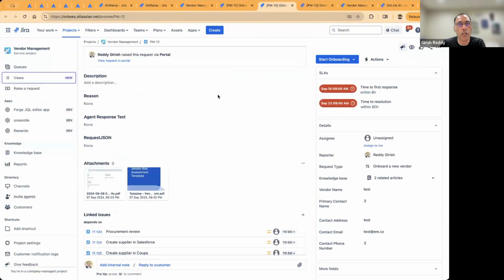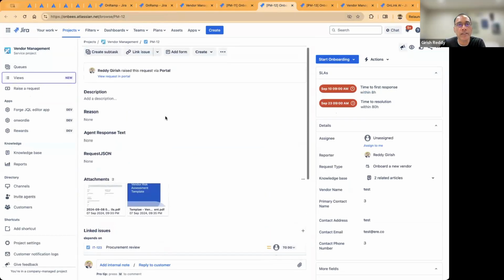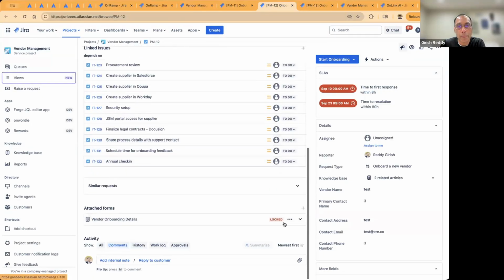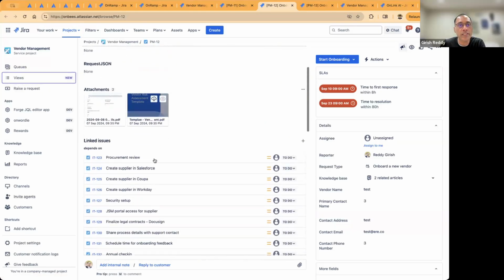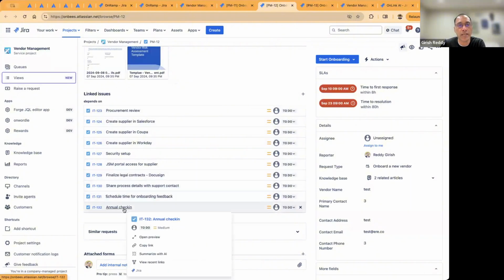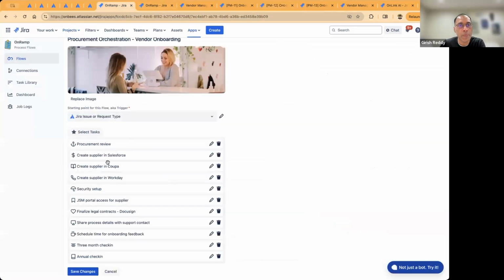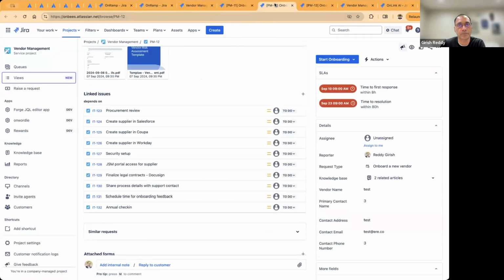Let me show you one of the previously created tasks. This is another vendor that we onboarded, let's say, last week. Here you'll see that the form details are available, and these are the form details that the vendor submitted. Then you can see the list of all the individual tasks that were previously defined in OnRamp. This is the exact list of tasks that we see here, and we are able to take what was defined in this flow and create the list of tasks as per